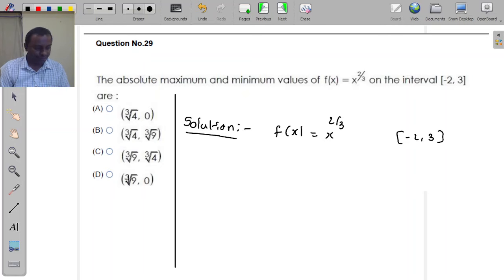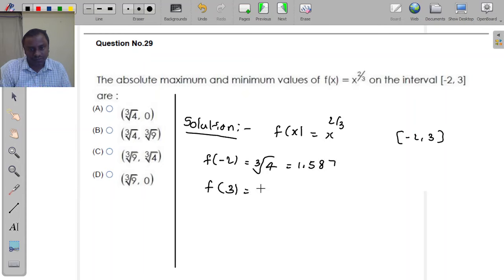You substitute f of minus 2, cube root of 4, that is 1.587. If you substitute f of 3, cube root of 9, 2.08. If you substitute f of 0,